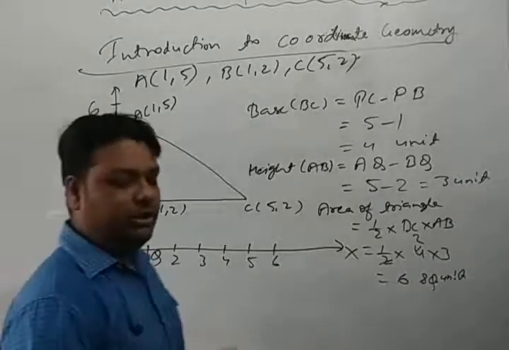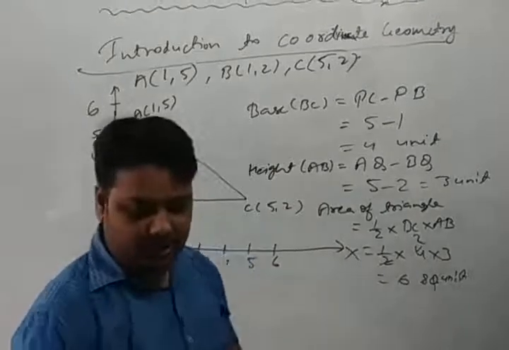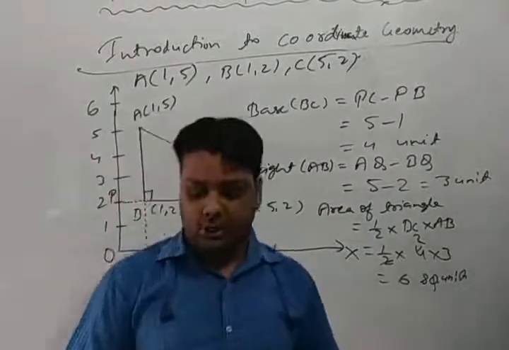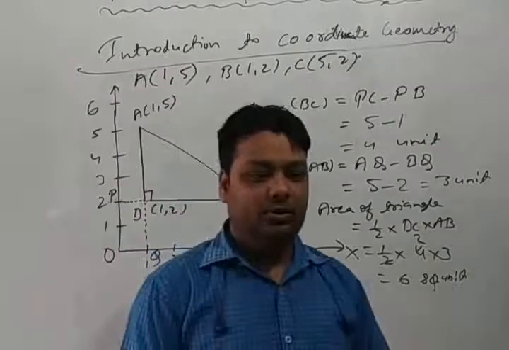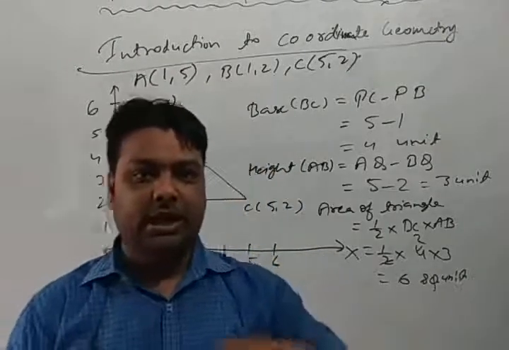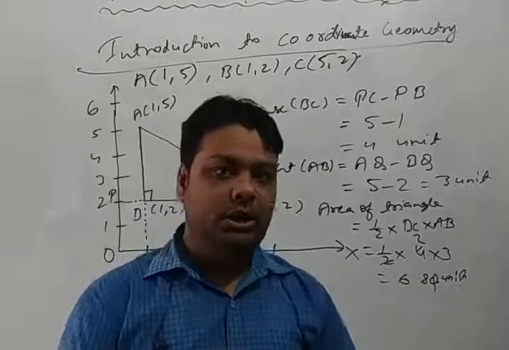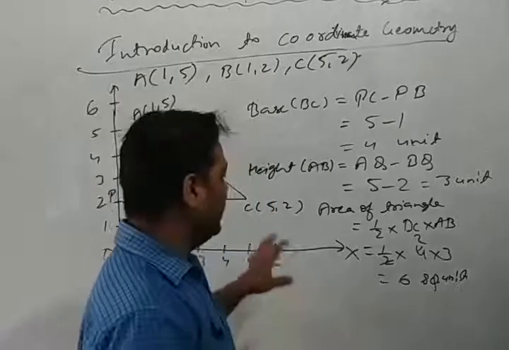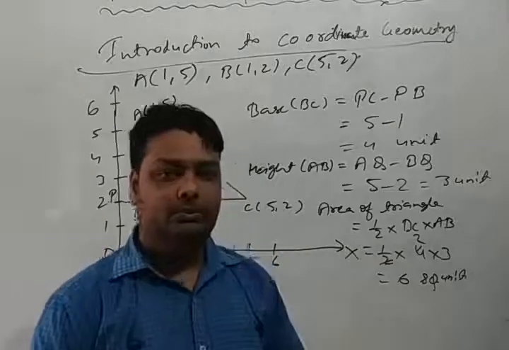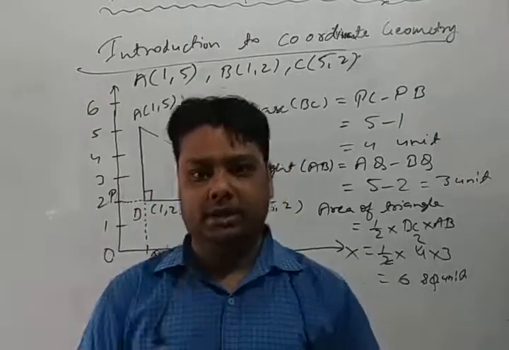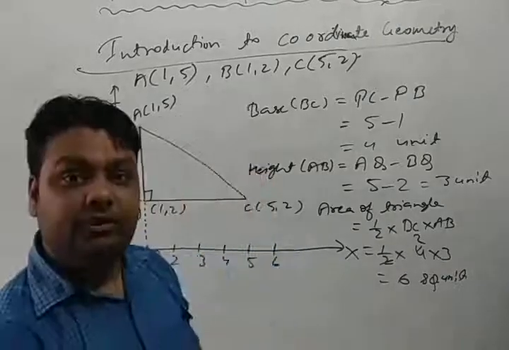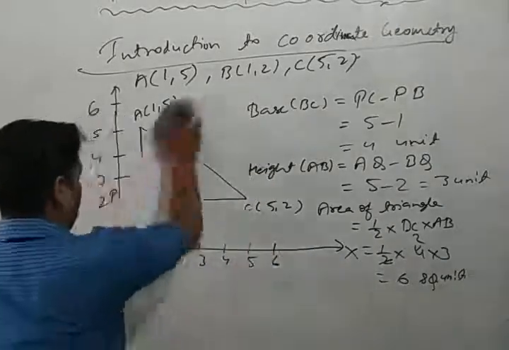And one more thing I want to say. At first we will recall coordinate geometry. As you know, what is the abscissa, and at first, what is a coordinate? A coordinate means the point which is given on the graph sheet is called the point, and it has 2 coordinates. The first one is called abscissa and the second one is called ordinate.